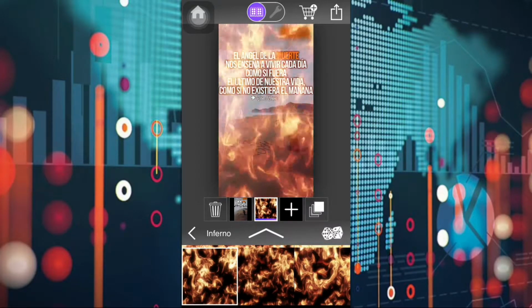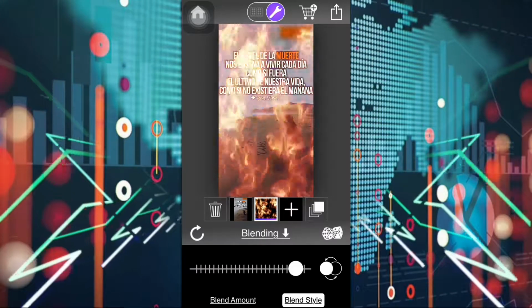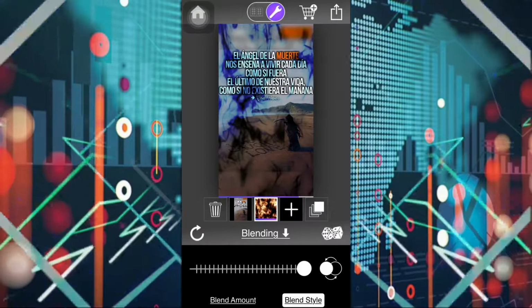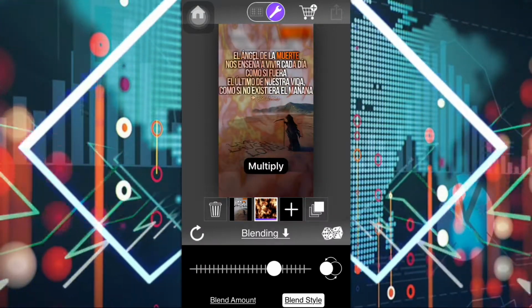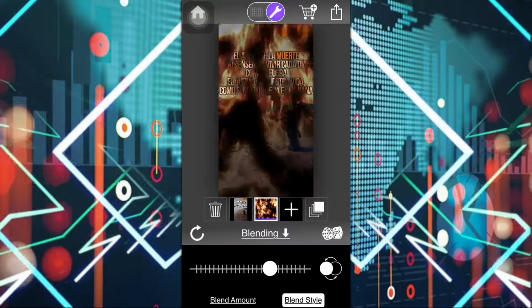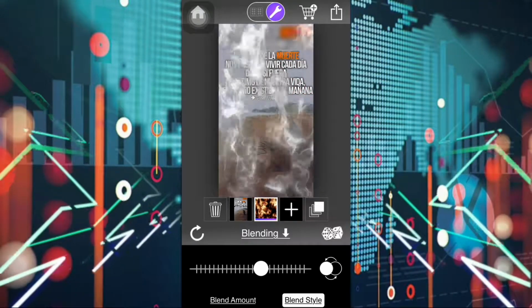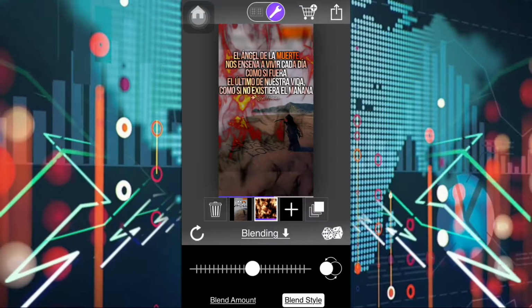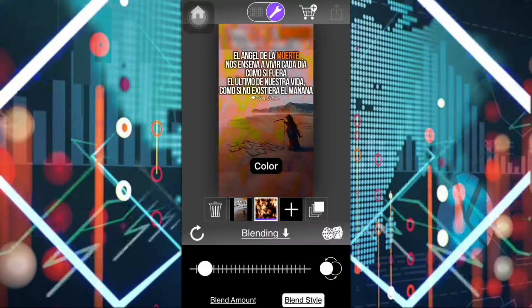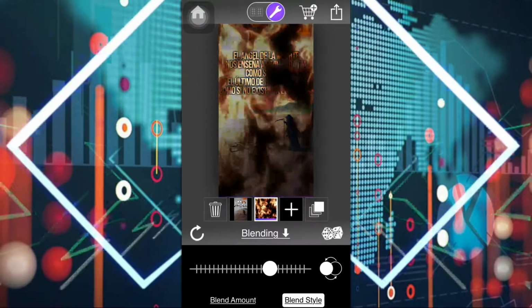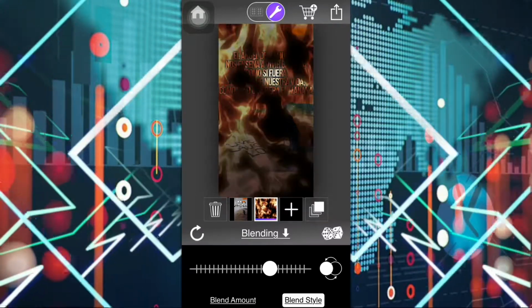The first one, yeah, that one looks nice. I'm gonna tap on the tools right here on top, and then I'm gonna go to blend style, and I'm gonna switch this around, because I want to make it look, you know, sad or scary. Like this one right there, I like it a lot. This one, as you can see, you can change the color, you can switch things around. Hard dive, this one, darken. I think I'm gonna go for this one right here, because it looks black and also you can see the fire, and I think it goes well with the image. So I'm gonna select that one,